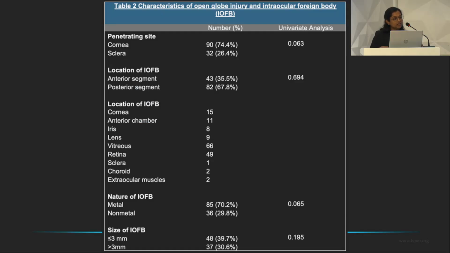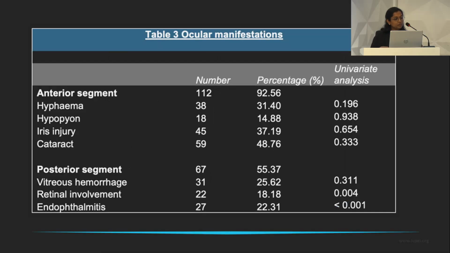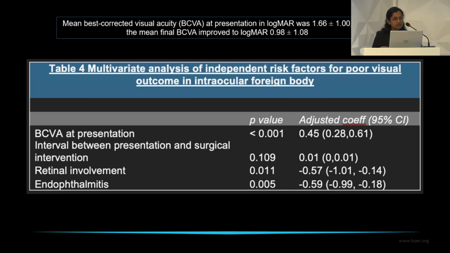If we look at the univariate analysis impacting the visual outcome, we saw, although statistically insignificant, a contribution of corneal penetrating injury and non-metallic foreign bodies. There were more anterior segment findings as compared to posterior segment, and involvement of the retina and endophthalmitis played a significant part in deriving the final visual outcome. The mean best corrected visual acuity at presentation was logMAR 1.66, which nears legal blindness. And the final best corrected visual outcome which we were able to attain was 0.98,